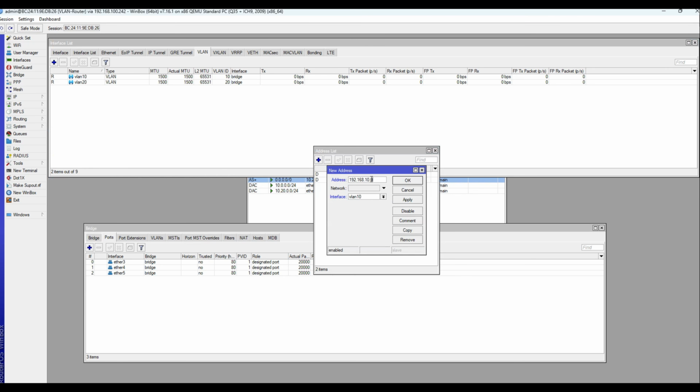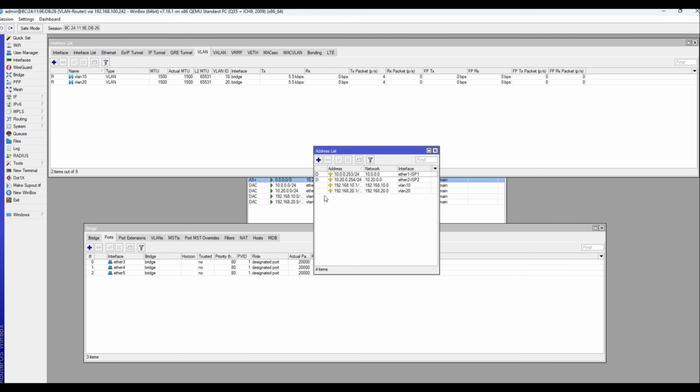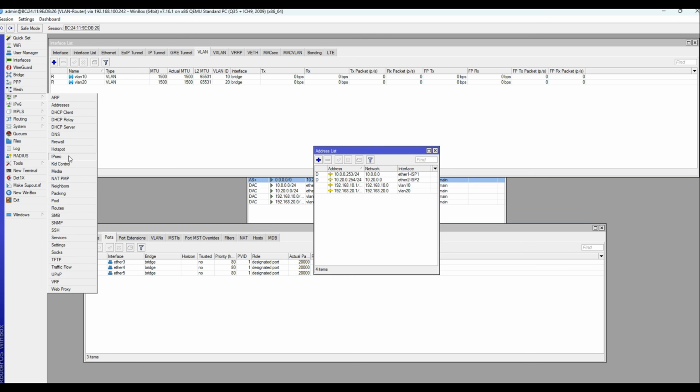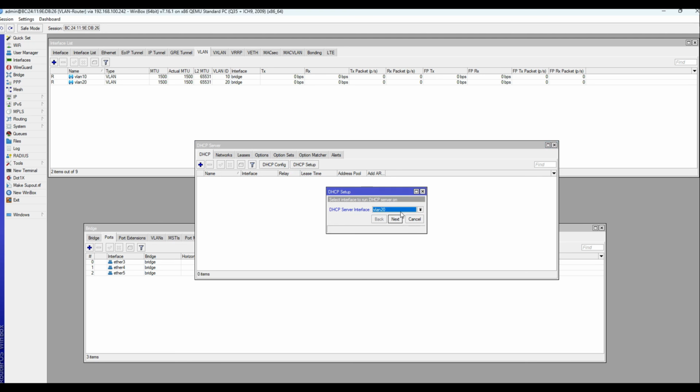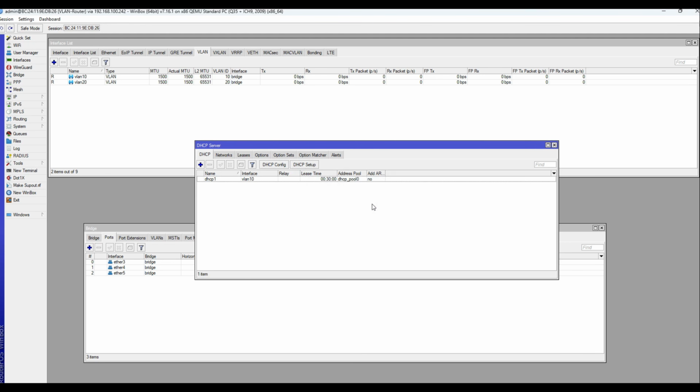For VLAN 10, 192.168.10.1/24. For VLAN 20, 20.1. Then I will create the DHCP server. For VLAN 10, for VLAN 20,